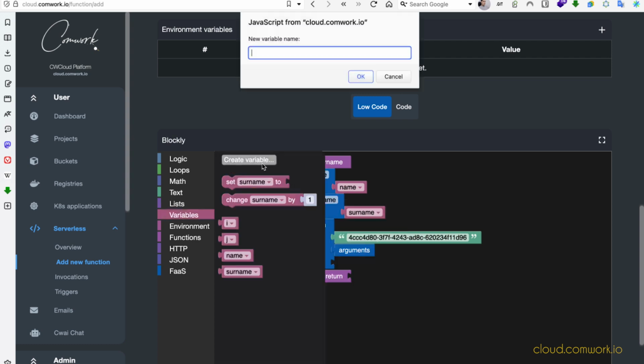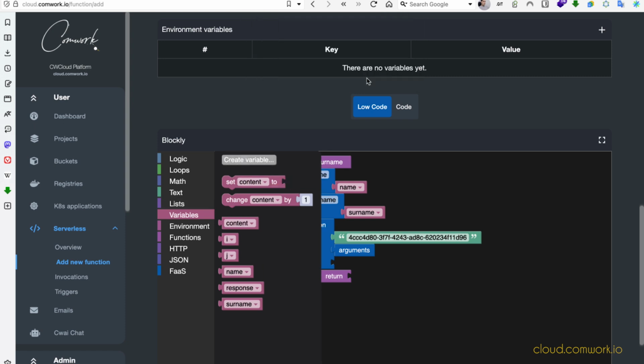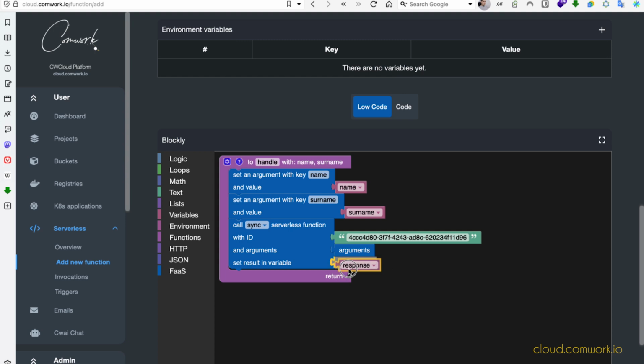Now we're creating four variables in order to extract the result: response, content, entity, and result. There you go. Then we'll set the response of the invocation in the response variable. And now what we have to do is extracting this result part of the payload.